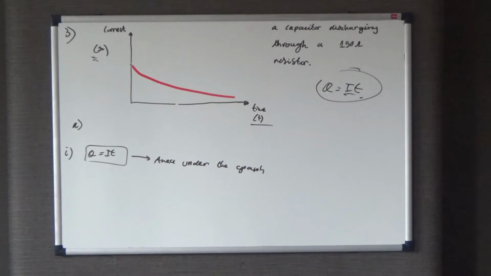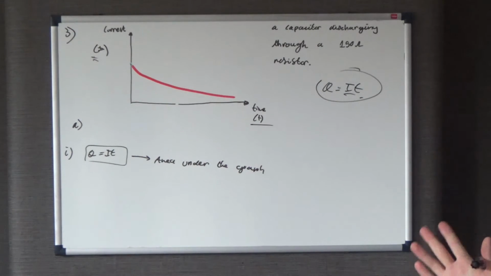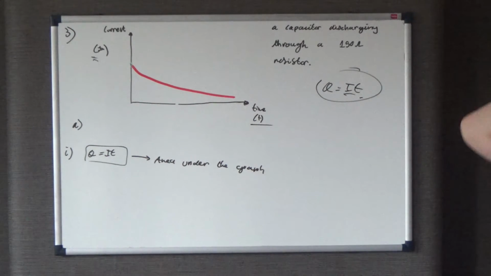Now there's a couple of things. Just to make sure you know what's happening here, it's the same capacitor, so everything about this capacitor is the same. The rate at which it loses charge, the capacitance of the capacitor, that's exactly the same. The amount of charge it can hold, it's all the same. However,